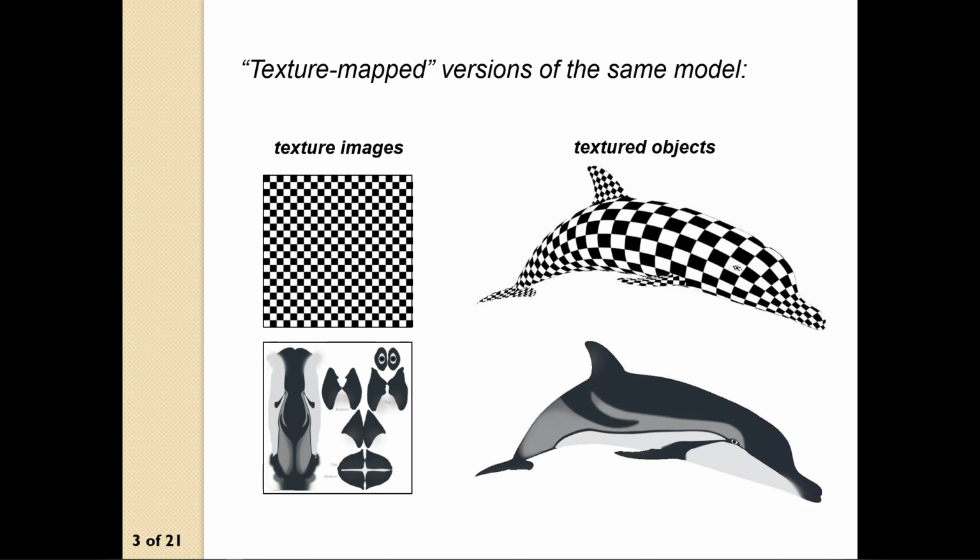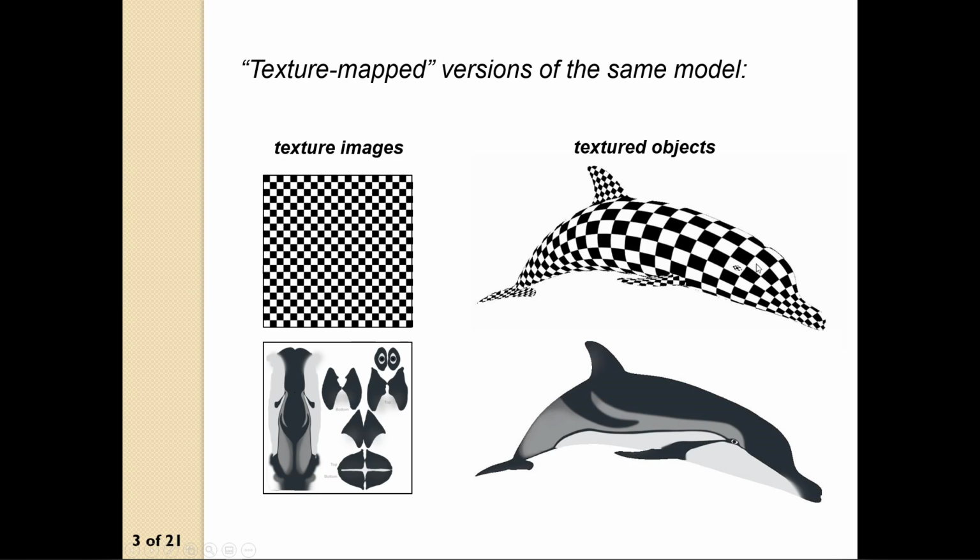Anyway, so this is sort of what a texture image, a texture map, looks like. And it doesn't even need to be contiguous, right? So here's the main part of the dolphin's body, but then the fins are actually over here. They're kind of disjointed: here's the tail, here's the dorsal fin, here's each of the ventral fins, and actually here's the dolphin's eyes. Right? So they're not all contiguous on here, because any